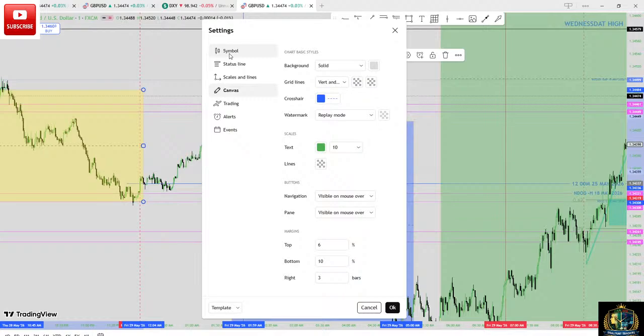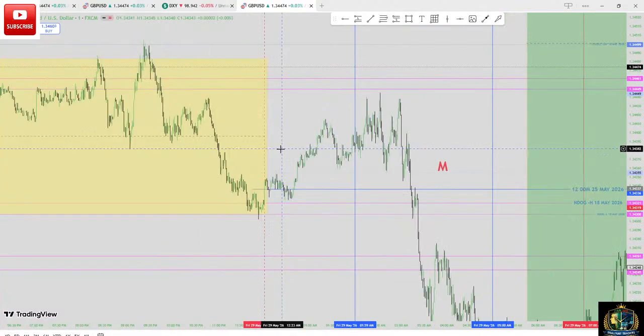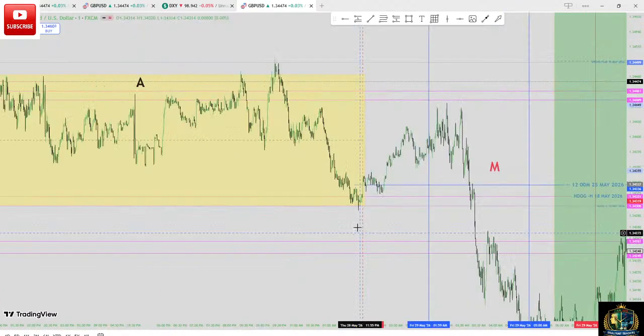It's very, very important. At lunch time, you can see over here, this is where the London session starts, which is 2 o'clock. I want to remove these things. London session, they start accommodating. This accommodation starts from Thursday. Here is 12 o'clock a.m. where Friday starts. The accommodation starts from Thursday, then finishes on Friday. I hope you're understanding me and following what I'm trying to teach. Then they finish on Friday, which is here.